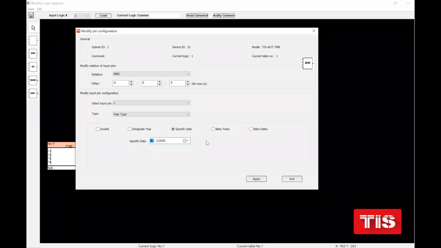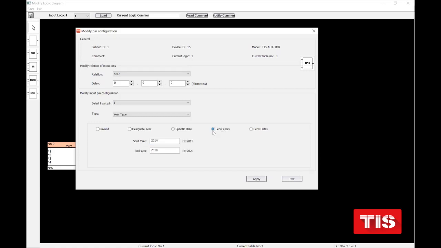I can choose one specific date. And actually, we can choose between years, for example, from 2020 to 2021, because of coronavirus, for example, every